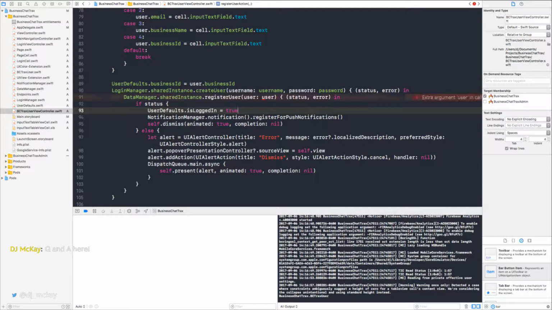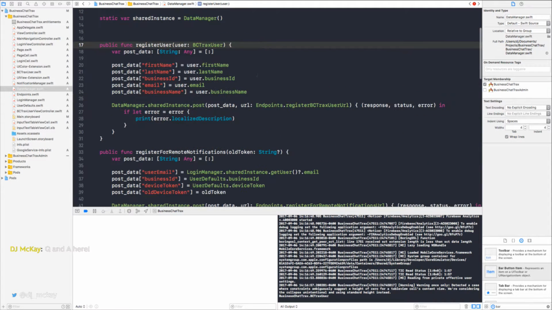So of course this isn't going to compile. It has no idea what I'm talking about when it says there's an extra argument in user. So let's go ahead and fill in that code to say, hey, I want a complete